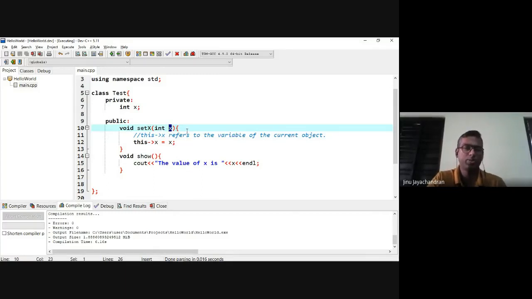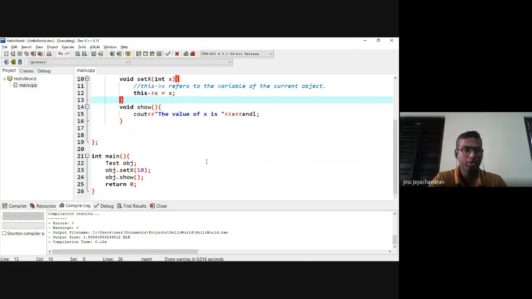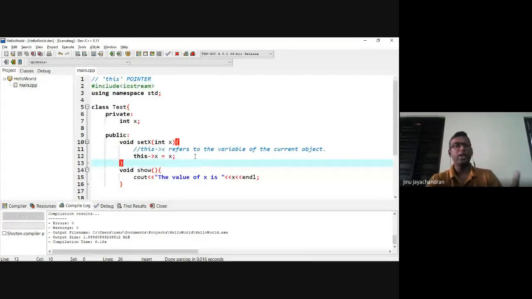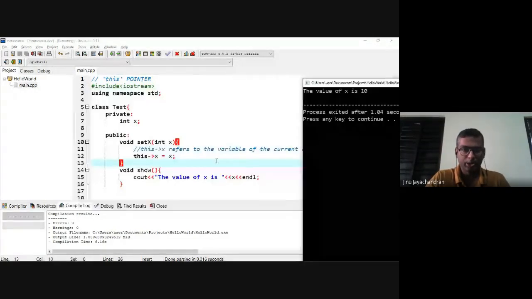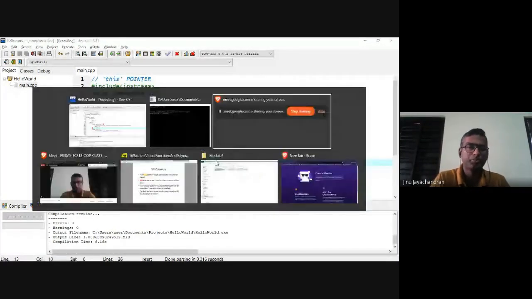It's not a variable of that object. So this is one advantage of using the this pointer. I hope you have understood. Whenever there's an ambiguity in variable names, you can always use the this pointer to refer to the current object. Okay, so let me come back to the presentation.